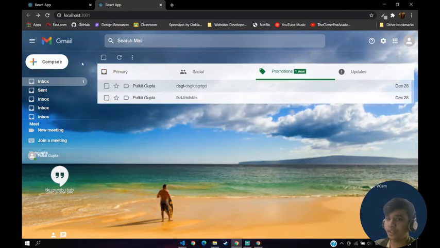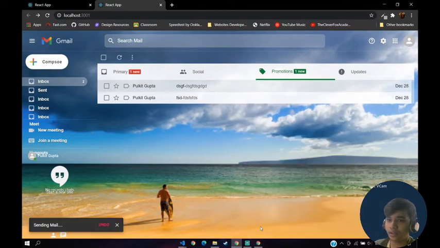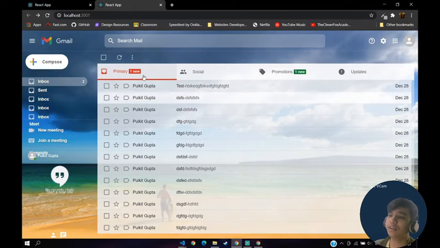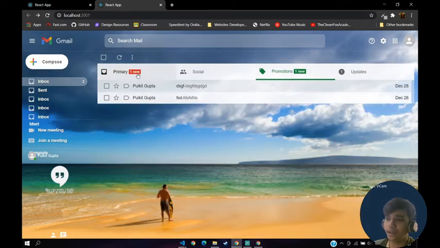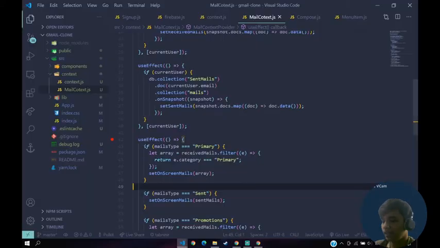If I send another mail to my primary, as you can see 100 here, 100 here and 200 here. Basically the guy has not viewed the mail in primary and inside of our promotions, right? So to do that we have to create 5 different states, right? We can also keep it in one state or a different state, that's just up to you.